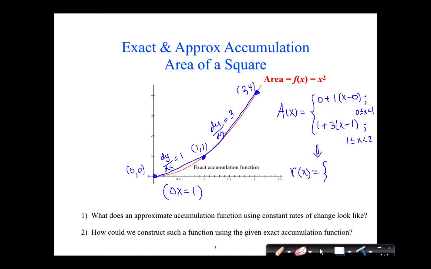Well, this is the easy part, and as you can tell, I don't need all of this stuff to write this rate function. I just say, all I need is 1 in the first interval and then 3 in the second interval. That's all. So I've got 1 between 0 and 1, and then it changes to 3 if my x is between 1